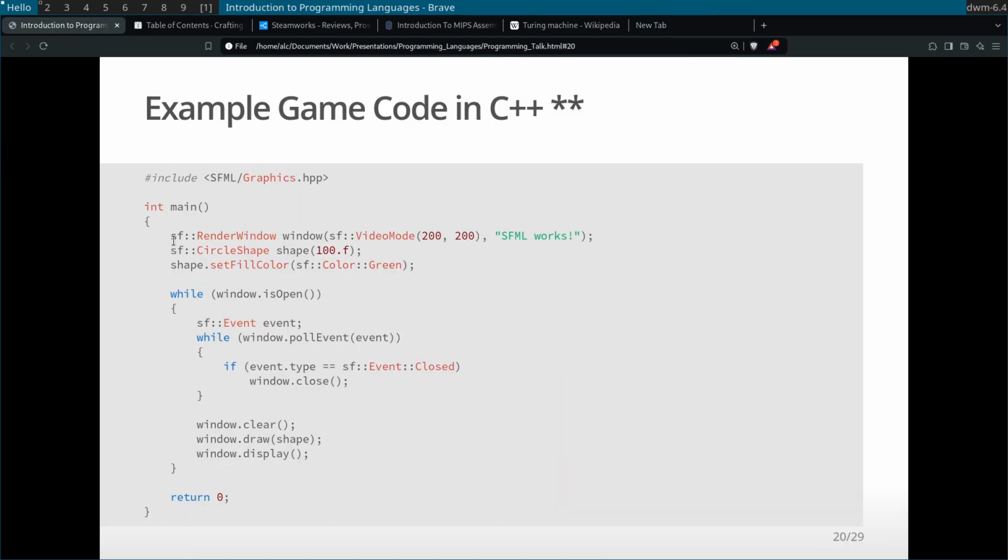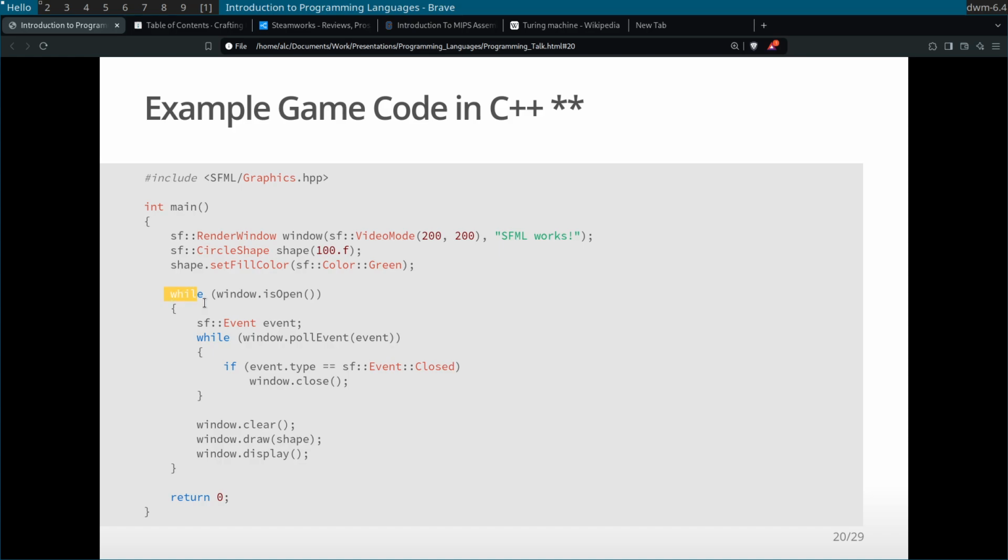What we're doing is creating a window object here that's 200 by 200 with the title of SFML works. So as you can see, this is a browser and it has this title bar. Then I'm creating a circle that's 100 pixels radius, I believe. And then I am setting that circle to the color green.